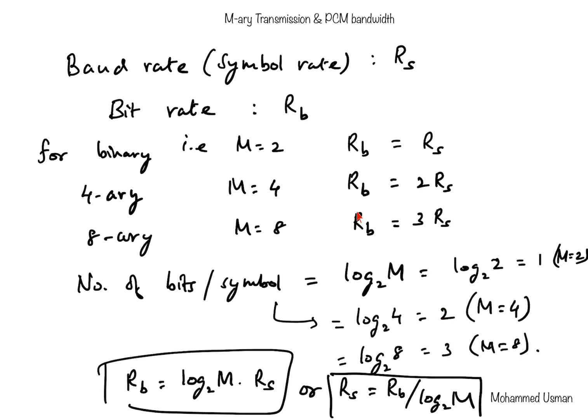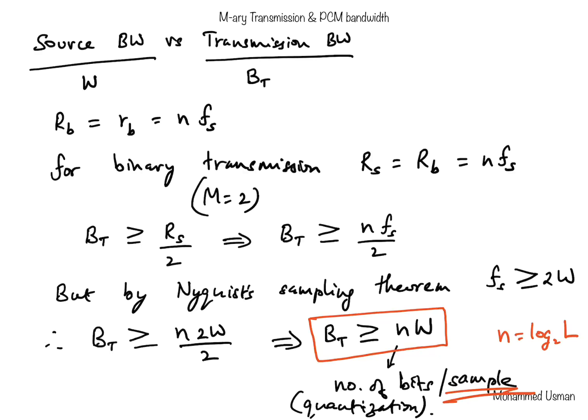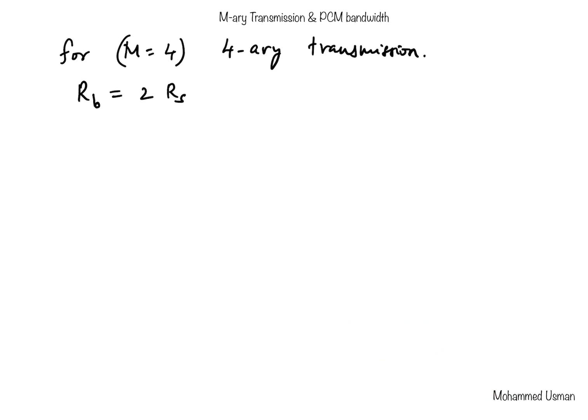So RB is equal to log to the base 2 of M times RS, and when M is equal to 4, we get this as 2, so RB is 2 times RS, or equivalently RS is equal to